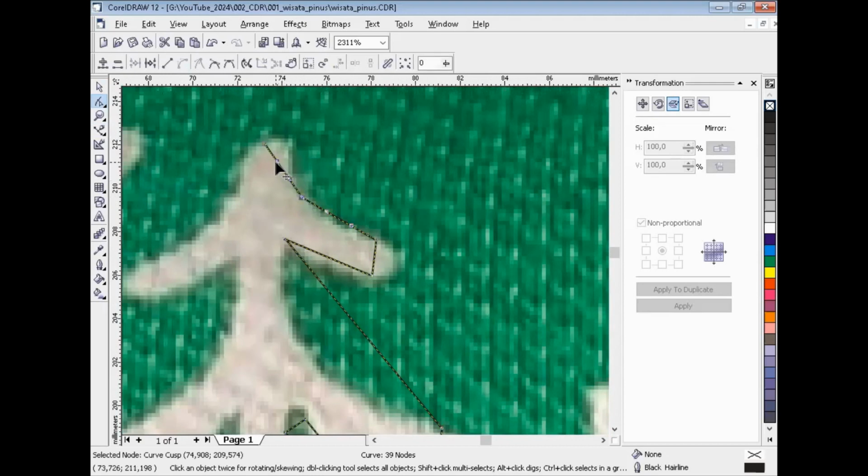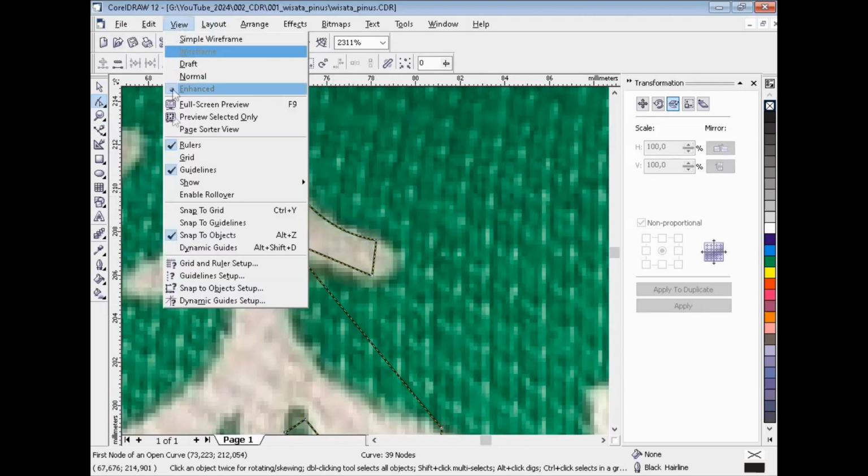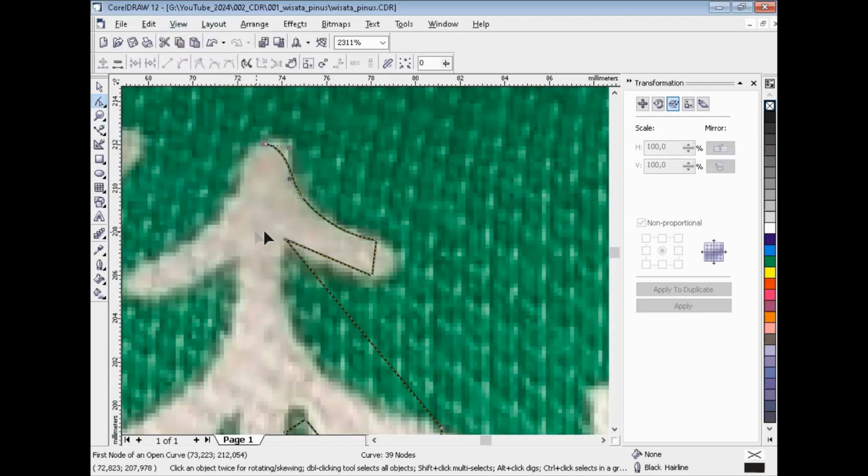You will see how to. Okay, if you want to break a step, you can turn off snap to object. Yeah, and you will be free to move the line. Okay, turn off the snap to object.